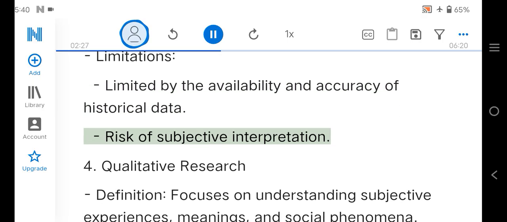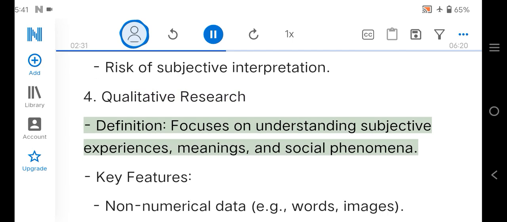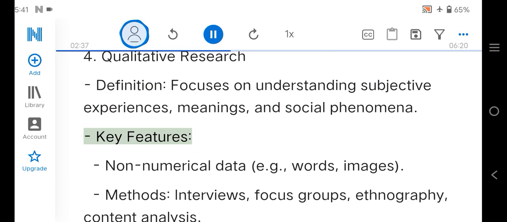Risk of subjective interpretation. 4. Qualitative research. Definition: focuses on understanding subjective experiences, meanings, and social phenomena. Key features: